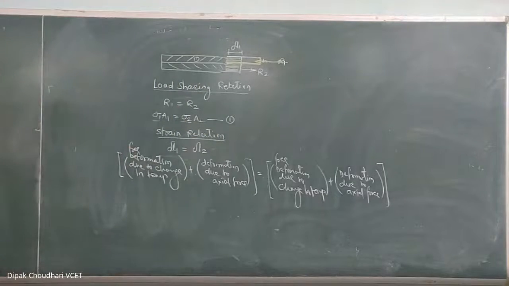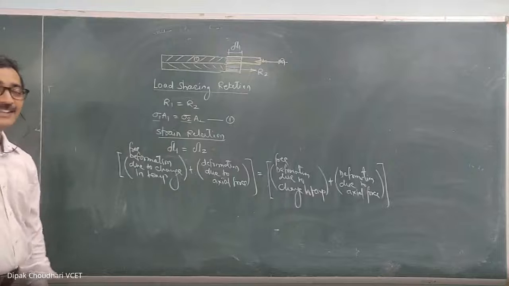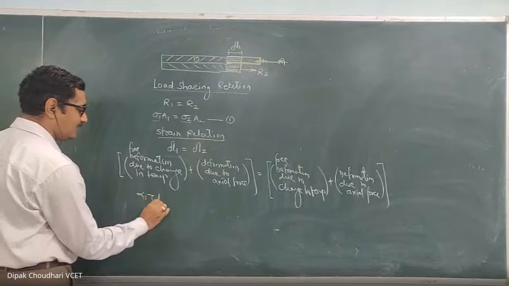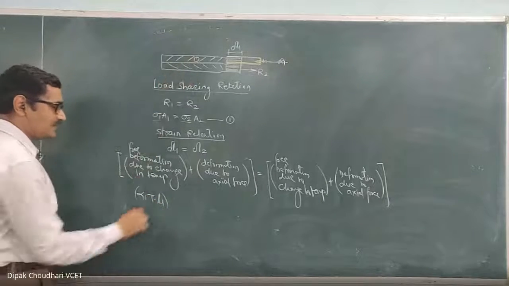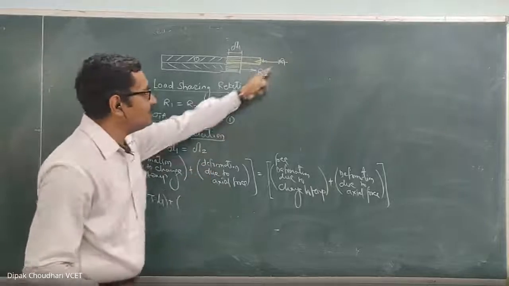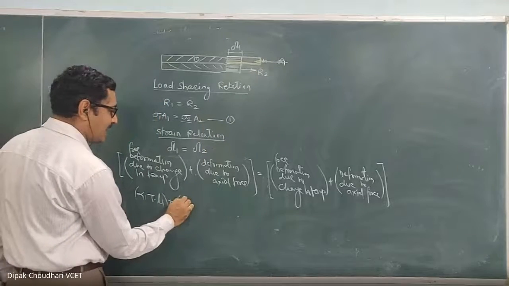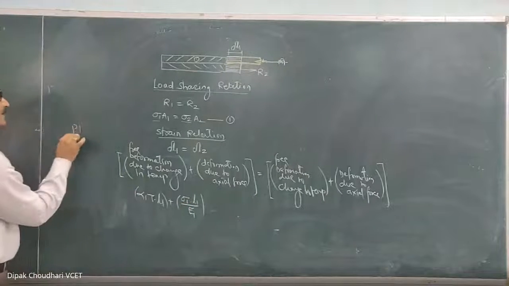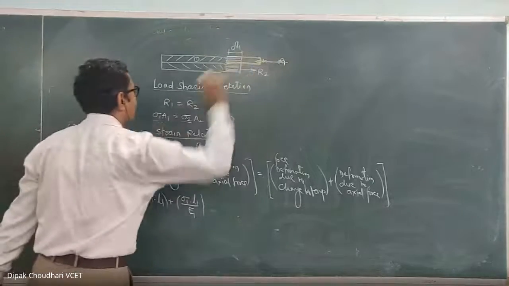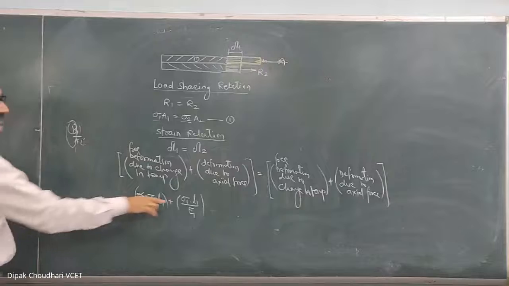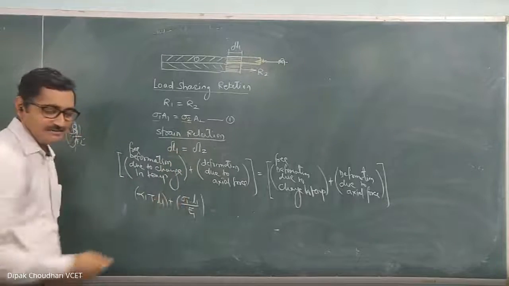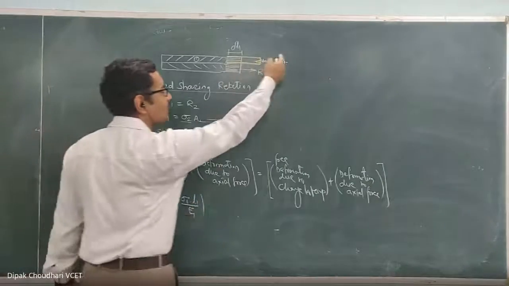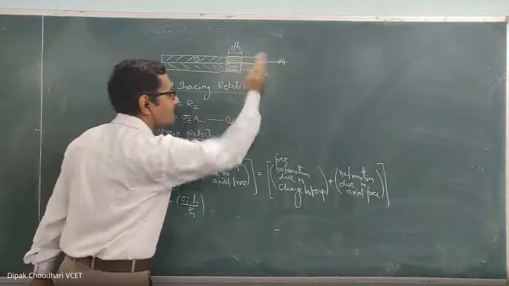If this assembly is heated through T degrees Celsius, where T is the change in temperature, then the free deformation because of the change in temperature we can write as alpha 1 T into L1, plus the deformation due to the axial force, which can be written as sigma 1 L1 upon E1. Actually, it is PL upon AE, where P is the axial force equal to R1. But R1 upon A1 I have written as sigma 1, because this equation is also written in terms of sigma 1. So sigma 1 L1 upon E1 is the deformation because of the induced axial force, and alpha 1 T L1 is the deformation because of the change in temperature.